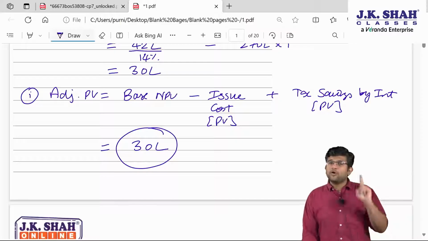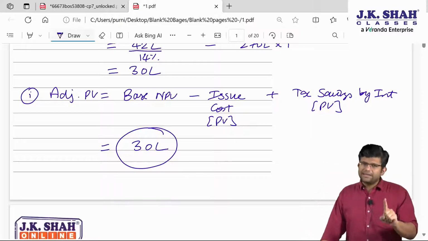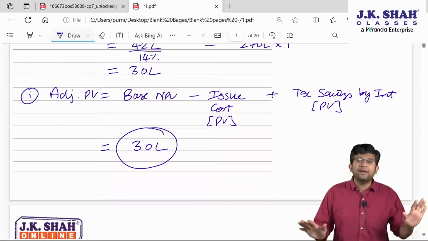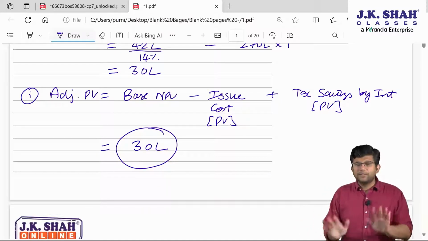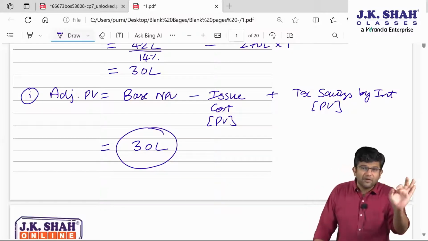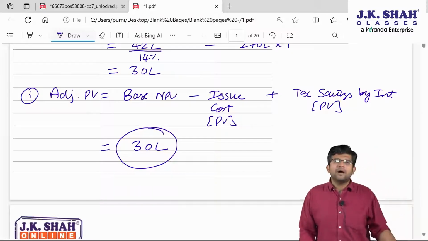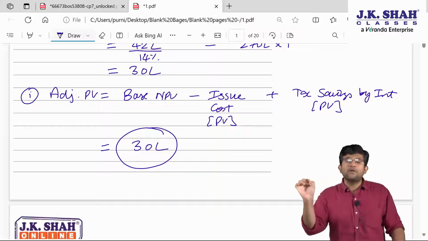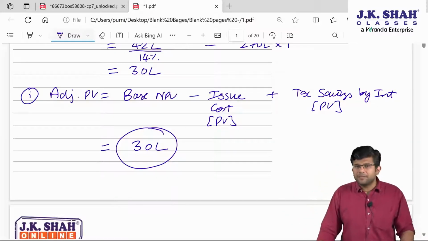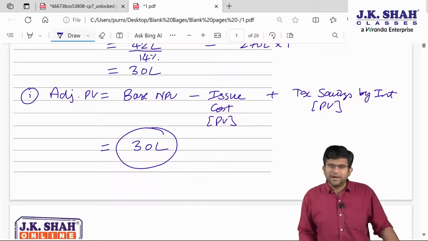One, if you are going to be raising money through debt, then there is going to be an issue cost. That issue cost is not there when you are raising money through equity, supposedly as per this particular concept. That is the issue cost only of debentures. You must have studied in your earlier years cost of issue of debentures, right? So that cost of issue of debentures will come only if you raise money through debt,